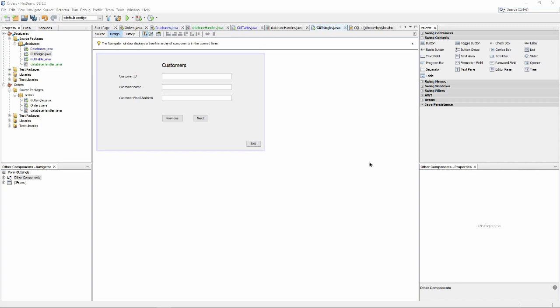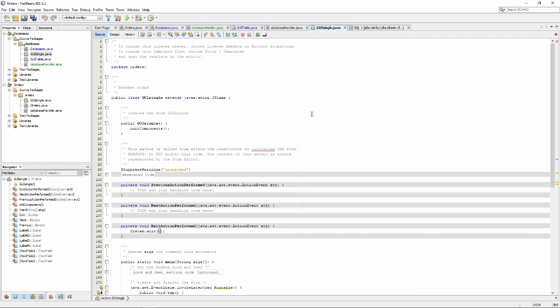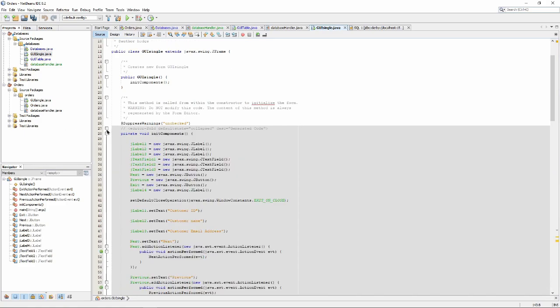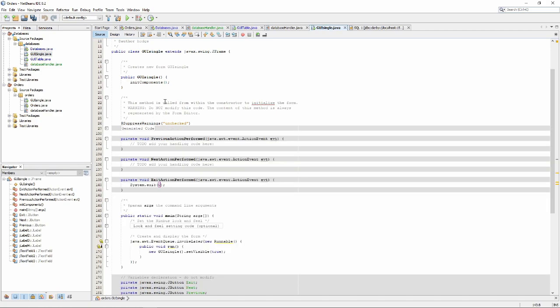So the way we're going to keep track, I'm going to go to the source code. Now, some people get very overwhelmed by all the stuff in here. Like, you've got this generated code, there's tons of stuff in there. Let's not worry too much about that at this stage, all right? Just think about it as methods that do certain things. Now, right up the top,